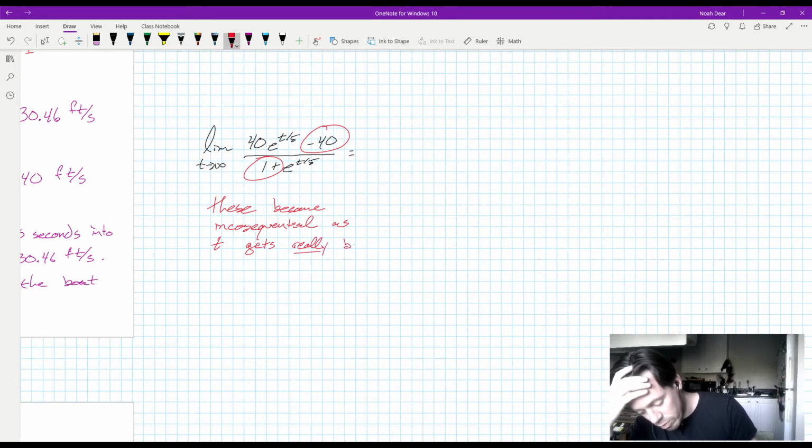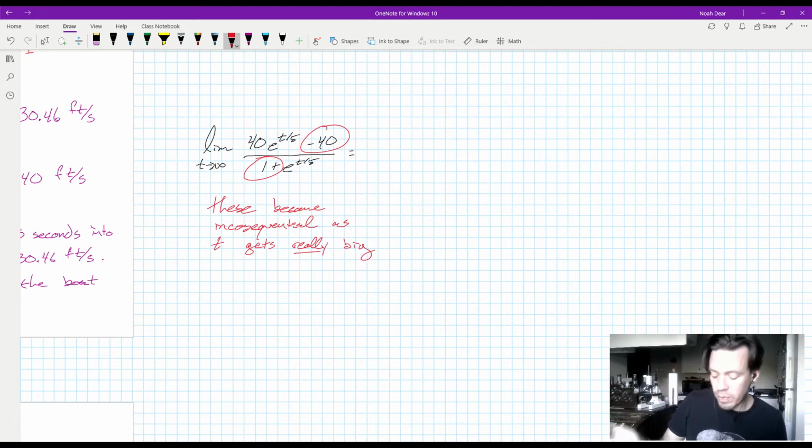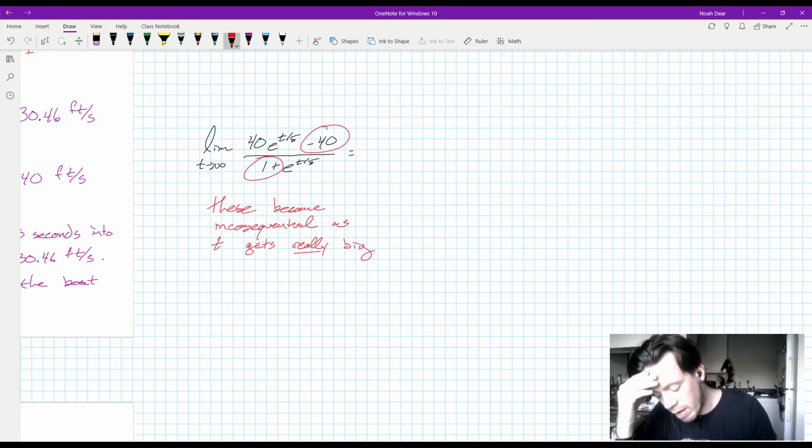When I say really, I mean really big. It doesn't even have to get that big. We have an exponential, so e to the t over 5 is growing pretty fast. So as t gets big, the 40,